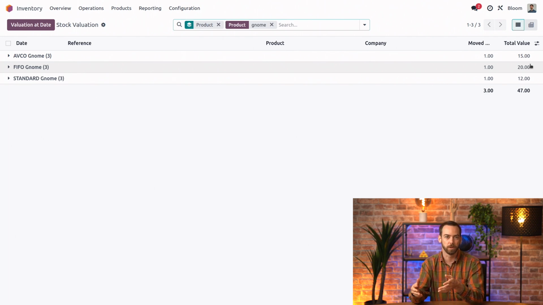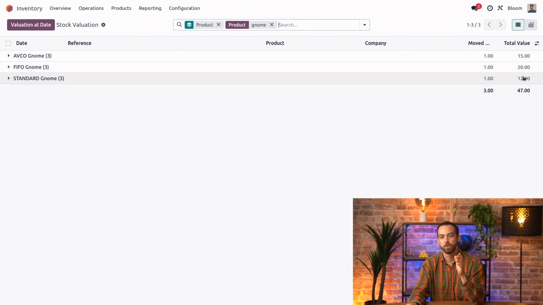First in, first out. Remember that we're talking about our accounting value of the unit leaving the inventory, even if physically it happens to not be the first one that came into our stock. And finally, with standard cost, as expected, 12 euros was removed from our inventory. So now we've seen the difference between the three costing methods, and we know how to keep track of our inventory